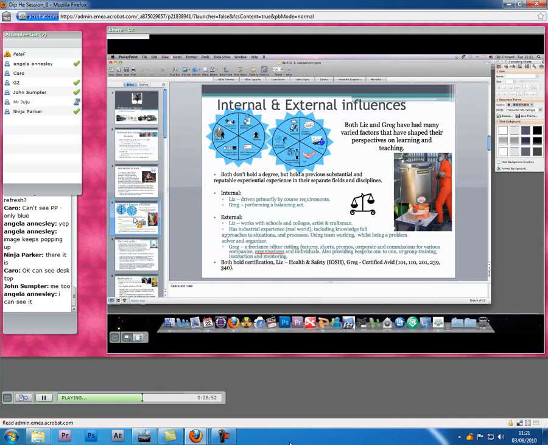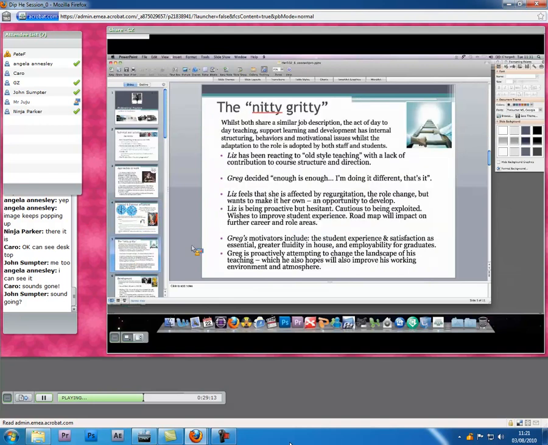And we were just trying to then think about what certification we had relevant to our fields that show that we practice what we preach. And then I just put a little picture in that I found online about different things that we felt were worth talking about in the presentation. Then the nitty-gritty,